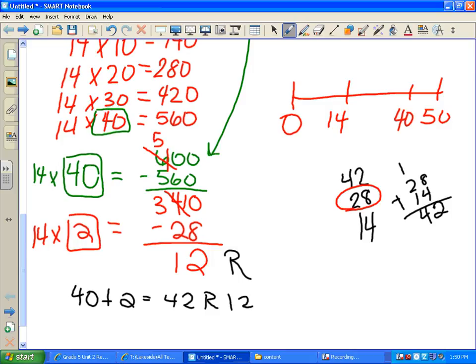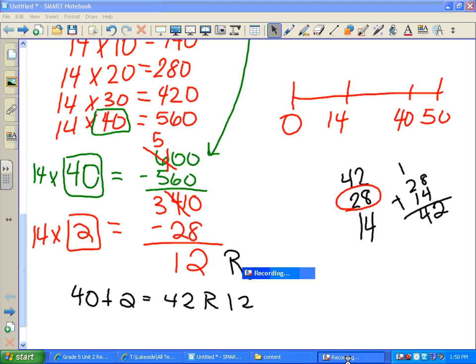Now, if you look at that, it asks you how many full pieces can she cut. Can she cut 43 pieces? No. Can she cut 42 pieces? Yes. The correct answer is B. This was a little tricky. You had to go back and look at that. All right, what I need for you to do is